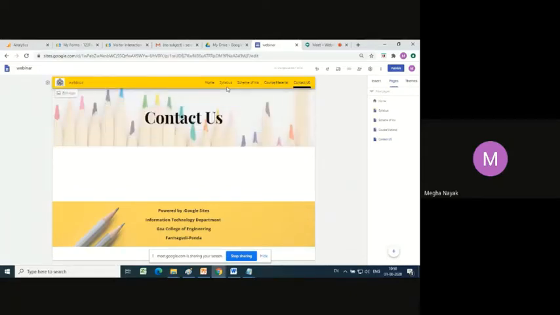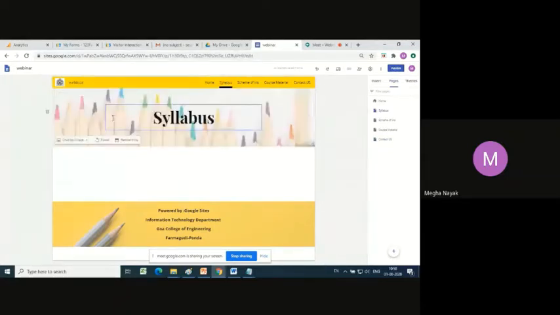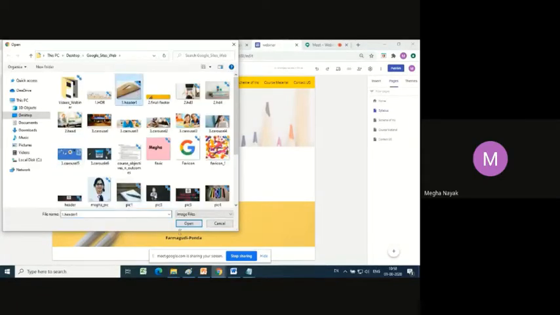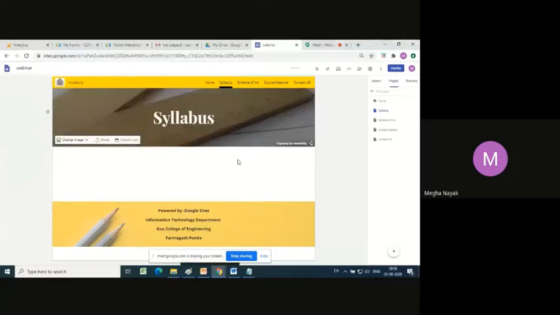Now in a particular page, if you do not like the header, you can go ahead and change it. So I will say change image, upload, and I'll select this one. I'll say open. If in a particular page you don't want it, you can go ahead and change the header. It's totally up to you. The beautification of this is totally up to you. Which option to choose is what I am going to be highlighting today.